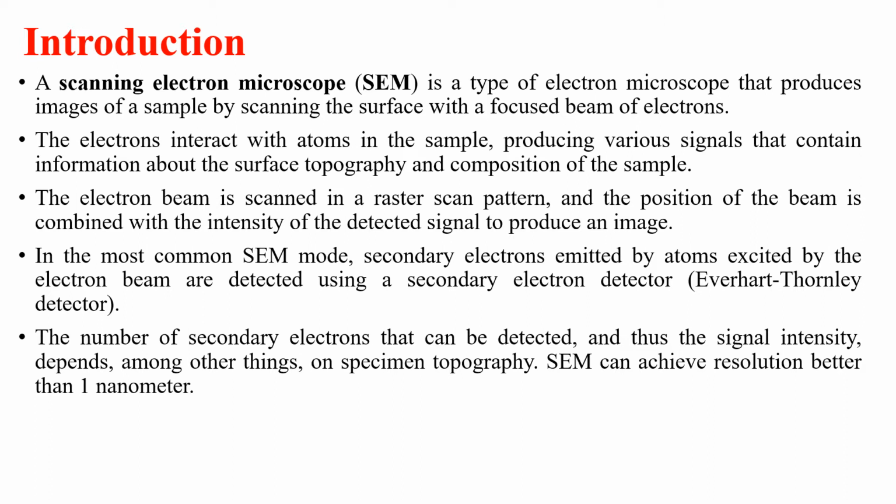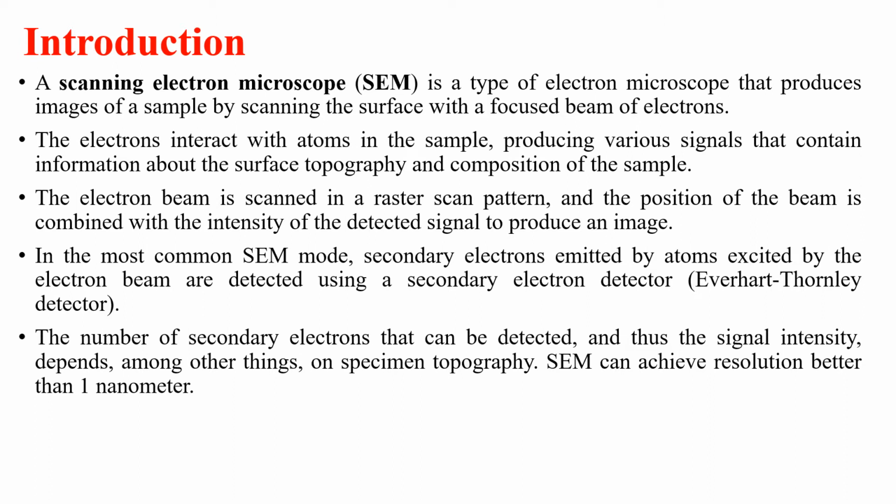What is the difference between an optical microscope and a scanning electron microscope? In an optical microscope, they use light as a source, and in the SEM process they use electrons which are incident on the surface. But SEM is much greater because it gives a high resolution image with good quality, and it gives deep knowledge about the atoms, their arrangement, their size, structure, etc. So it uses an electron beam instead of using light.